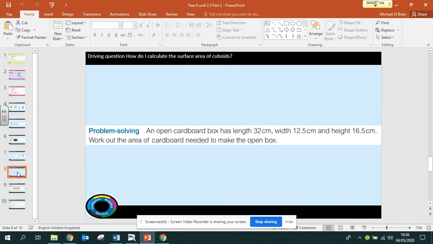An open cardboard box has length 32 centimeters, width 12.5 centimeters, and height 16.5 centimeters. Work out the area of cardboard needed to make the open box. So,